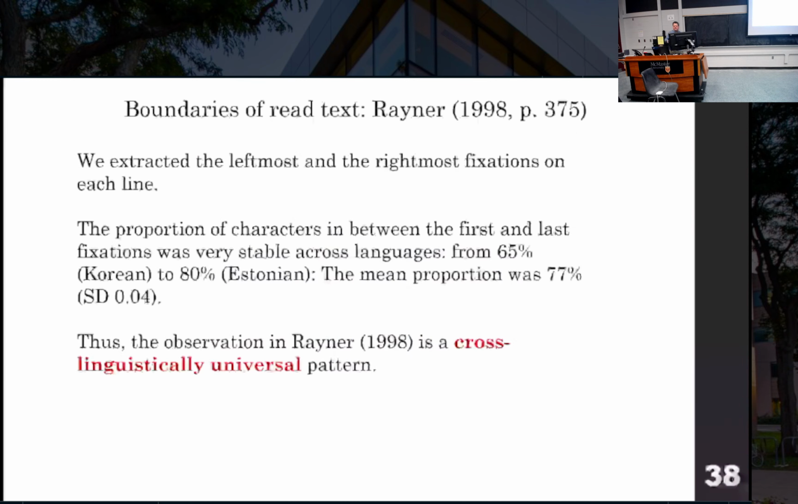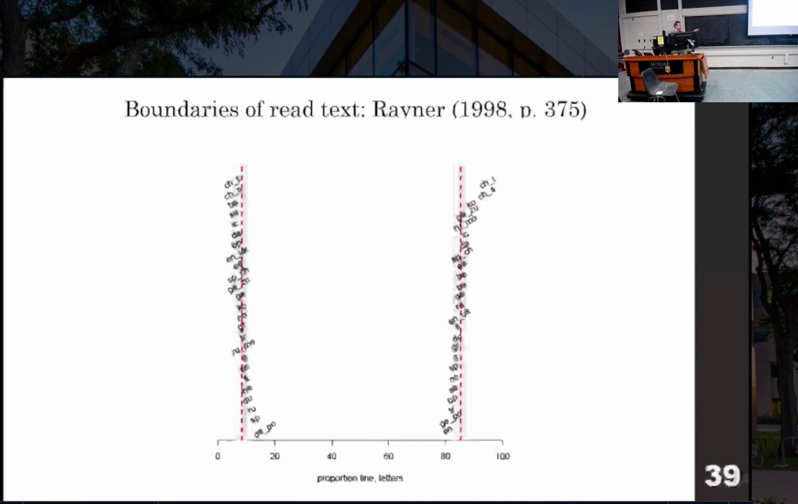So from our data, we extracted the leftmost and the rightmost fixations on each line. And the proportion of characters in between these two boundaries was actually very similar to Keith Rayner's estimate, from 65% to 80%, and with fairly little variability. So yes, the observation is confirmed, and I'm just plotting it here with, in tiny print, the names